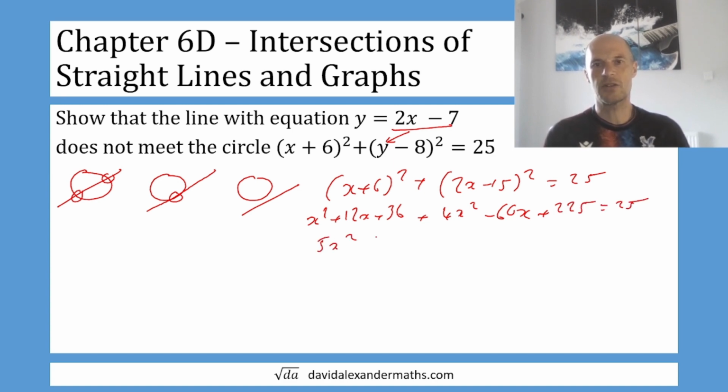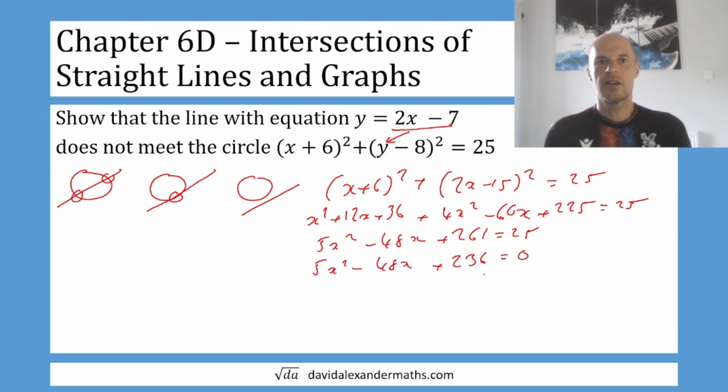So that's going to be 5x² − 48x. 225 plus 36 is 261. Plus 261 is 25. Take away the 25 from both sides. 5x² − 48x + 236 = 0. Okay, so to show that there are no solutions, we need to be looking at the discriminant,